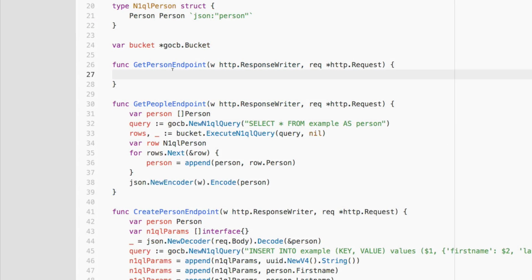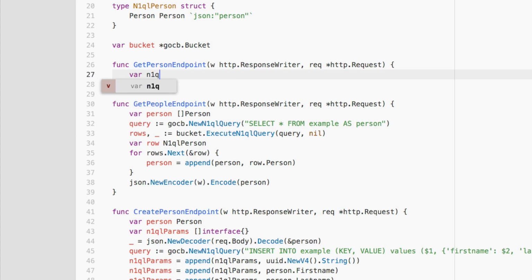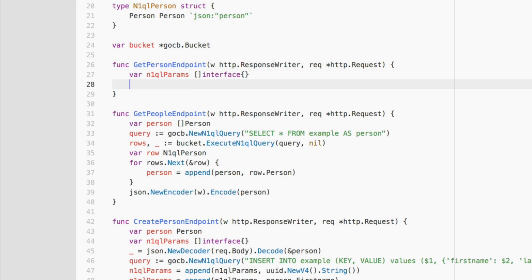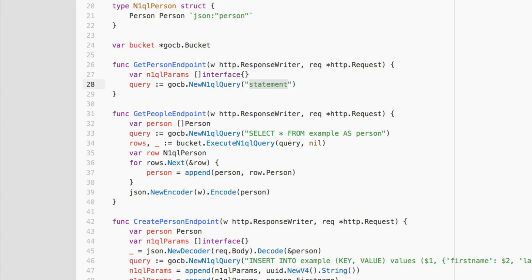So let's go ahead and handle the get person endpoint. And this wrapper, it will be used again. So we're going to say var n1ql parameters, and this is going to be an interface array. And we're going to say query, gocb.NewN1qlQuery, and our statement will be select star from example as person where